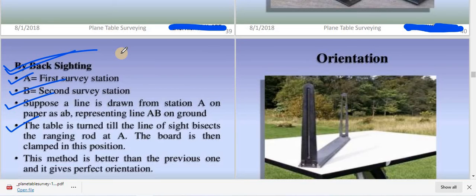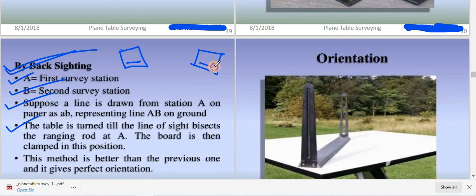Suppose this was the position of your table. This is point A. Suppose a line has been drawn from station A on the paper as AB. This is point B, so you have drawn a line AB over here. After that, suppose you have fixed that station and this line is already drawn.